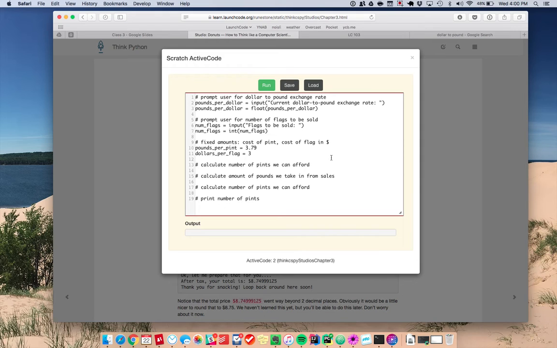And that's just actually kind of duplicating that comment. I'm going to go ahead and get rid of that. So I've got 2 steps here now in this calculation. First I need to calculate the total amount of money we make from selling our flags. Actually, before even we do that,